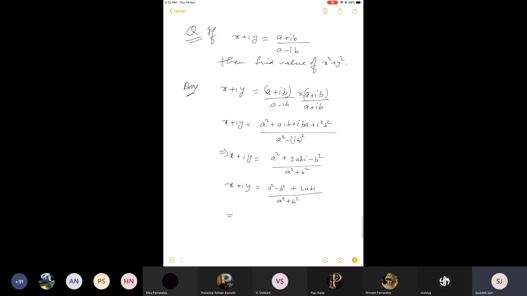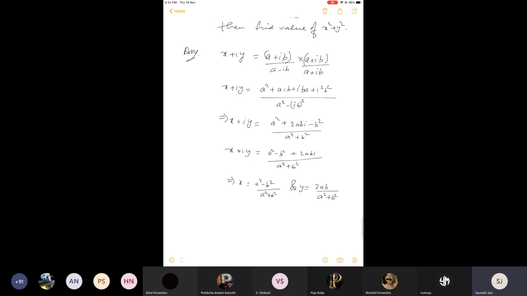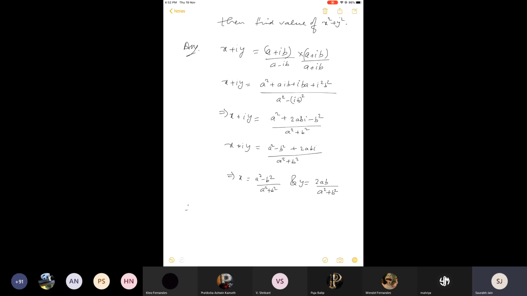So from here you can write x as a square minus b square upon a square plus b square, and y as 2ab upon a square plus b square. We have these values of x and y, and we have to find the value of x square plus y square. Therefore, x square plus y square equals